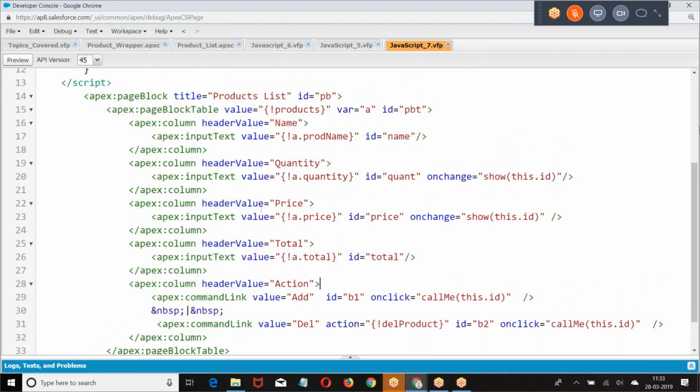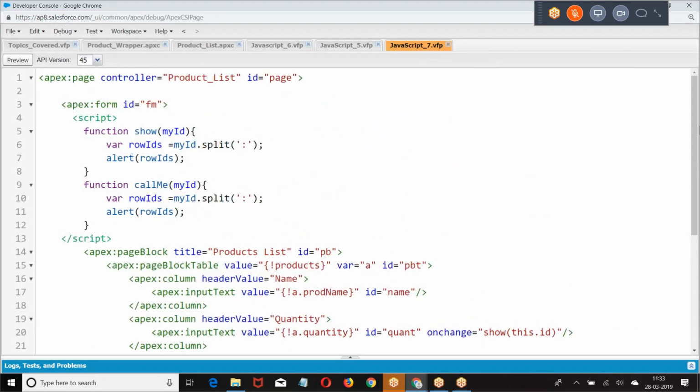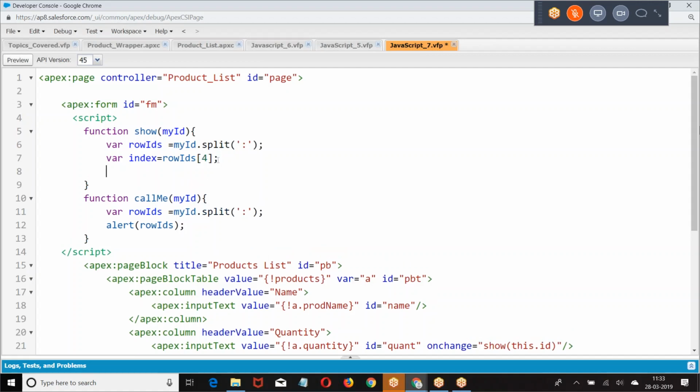Okay. Now let us go back to the row number. Once you got the row number, what is the row number we are getting here? Where next equal to, at the fourth position we have the row number. Then we are reading the value where document dot getElementById, page form page block table plus index plus